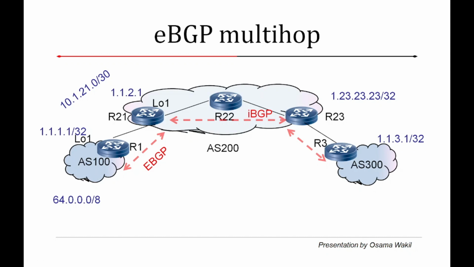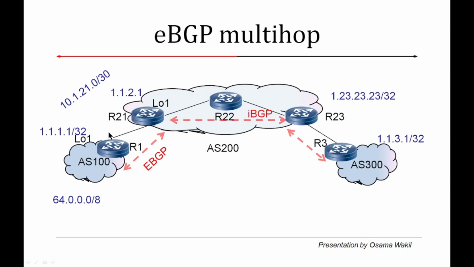There are cases where the remote router with which we are trying to form the eBGP session might not be directly connected. It might be a remote router, at a distance, with multiple routers in between. In such scenarios, we can use something known as eBGP multi-hop. In case of eBGP multi-hop, we need to specify how many hops are in between,